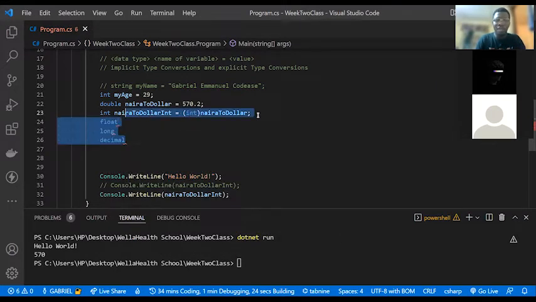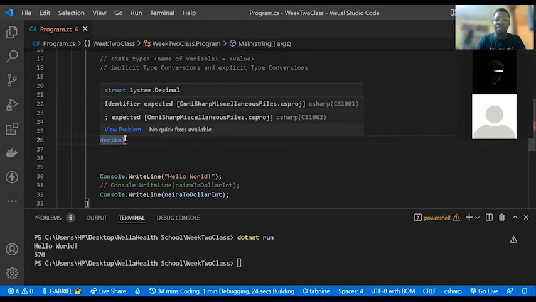So all of these ones are numbers, right? They are number data types, but they have certain rules guiding them. So let's say for integers, decimal is almost like double, right? You can store decimals in them. Long is like integer, but integers have a restriction, right? They can only store to a certain amount of numbers, while long can store more than that. I think the same thing applies to float, right? So that is why you can implicitly convert